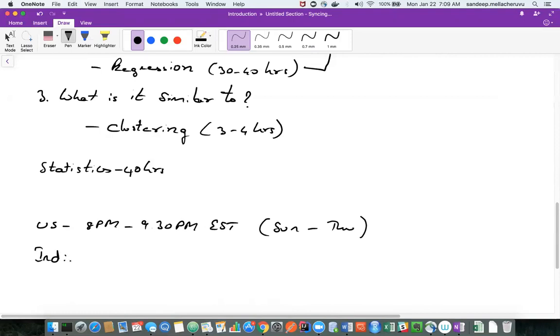And for India, it is 6:30 a.m. to 8 a.m. IST, and this is from Monday to Friday. I'm writing in different time zones so that it will be helpful. Is that clear?